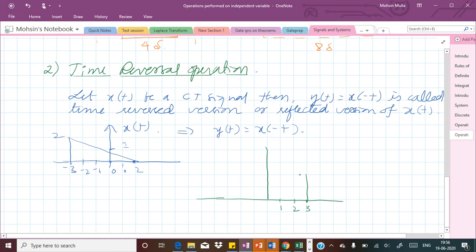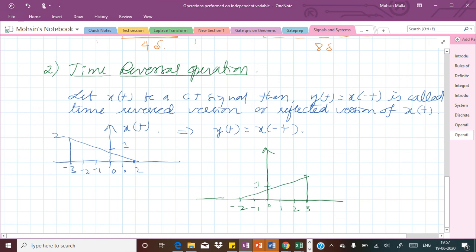Now here it will decrease towards the negative side. So let me write all the instants first, -1 and -2. So +1 and +2 reflected on the negative side will become -1 and -2. Therefore, in the first signal the magnitude is positive 2 at -3, so now it will become positive 2 at +3, and 0 at instant 2 will become 0 at -2. So here is the new signal that will be available to us, which is called the reflected version of x